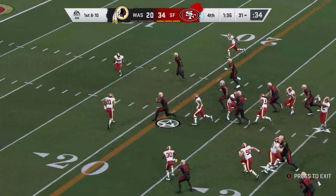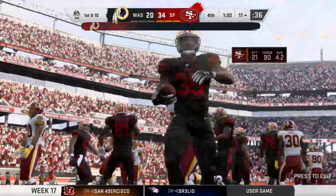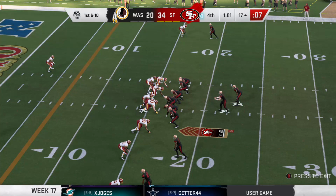On first down, it's Young. And inside the 20 before he's brought down. First down, San Francisco. The pickup, 14 yards. Not totally home free yet, but it's looking good as they come up 1st and 10. We ain't giving them nothing